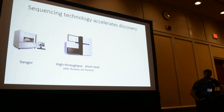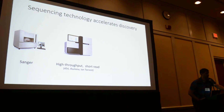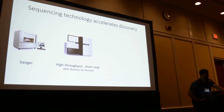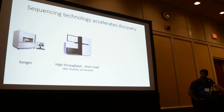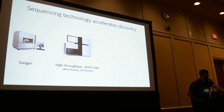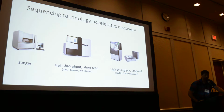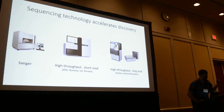The workhorse platforms have given us a good understanding of regions of the genome that you can readily assemble from short-read data or that are compatible with PCR methods. Those approaches don't let us look at the highly repetitive regions of the genome very well that are abundant in many organisms. And as long-read sequencing gets established, we're starting to learn, especially for model organisms, that these highly repetitive